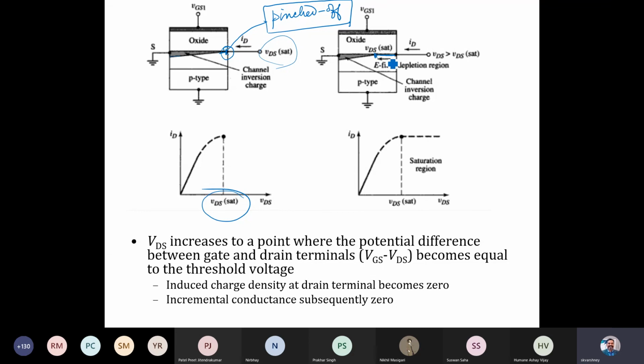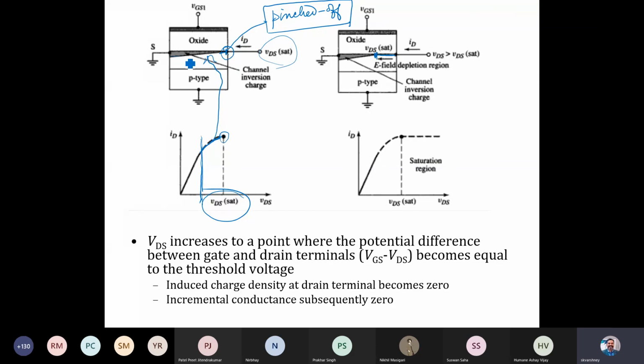So basically the region till here is linear, and as we keep on increasing we enter the saturation region, and this behavior is because of the tapered, uneven channel length.